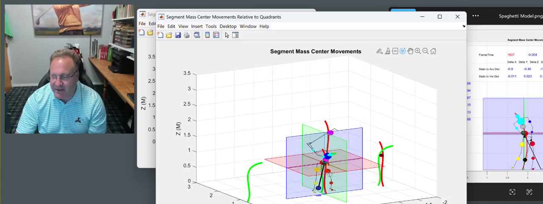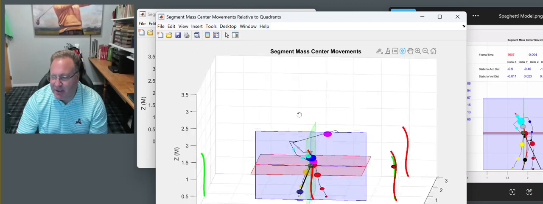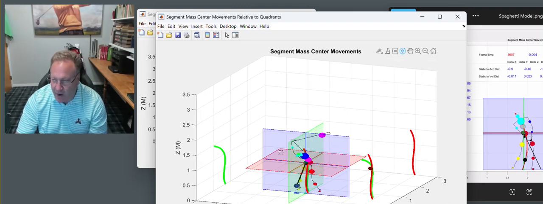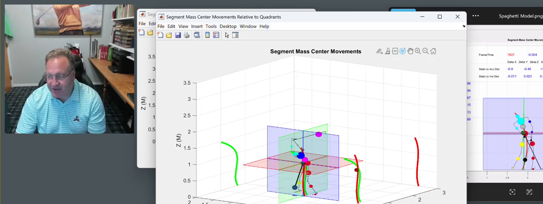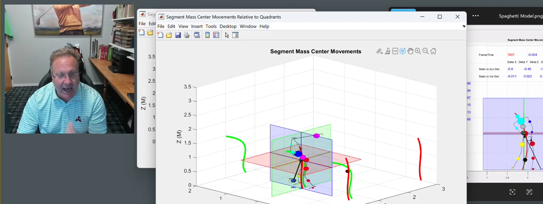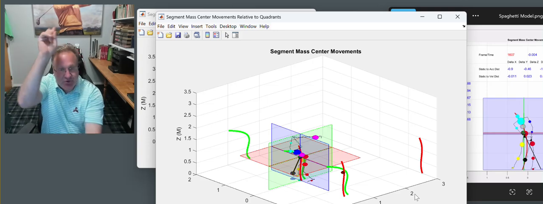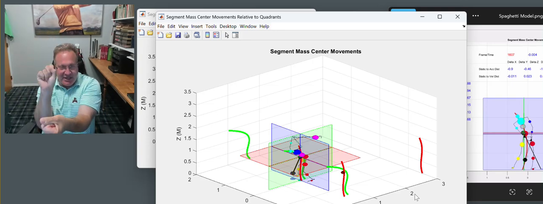It's all of our segments. What you're looking at is how the mass is distributed throughout these different quadrants, which allows us to mathematically define top of the head to bottom of the feet in that bending structure,